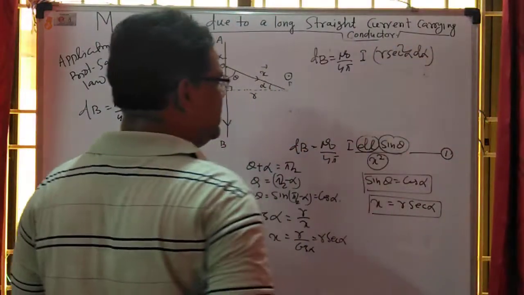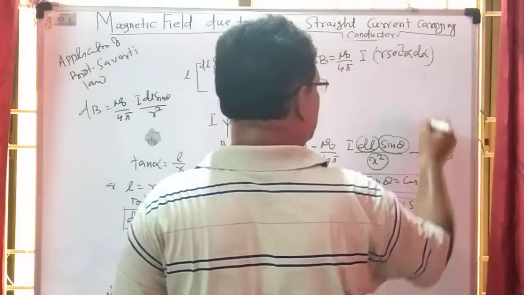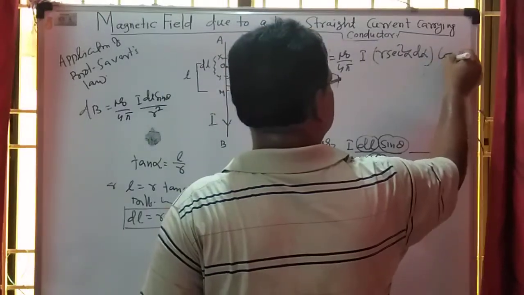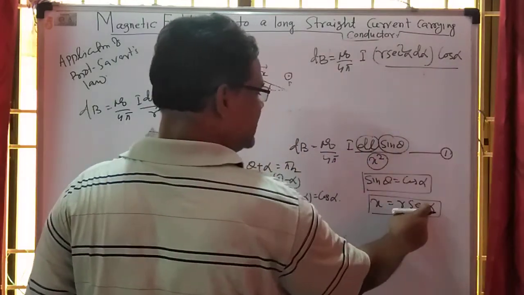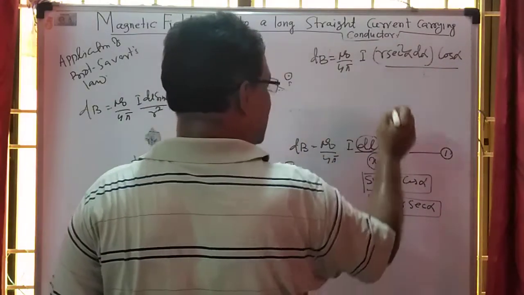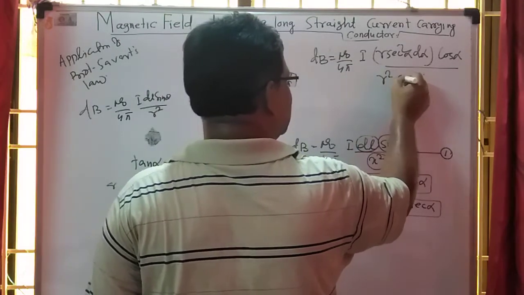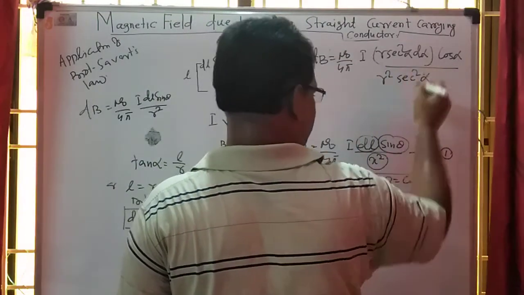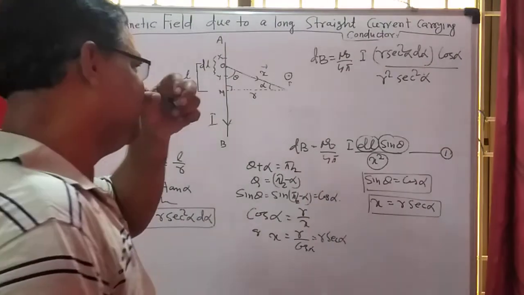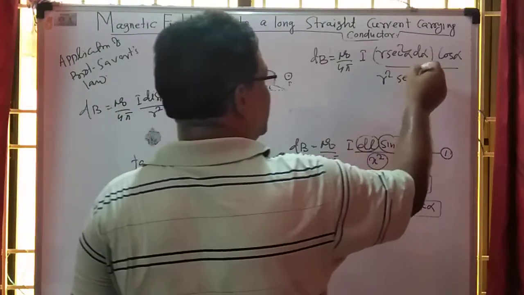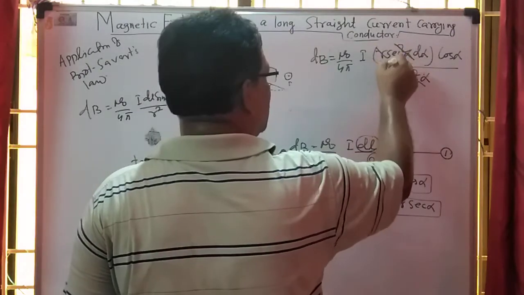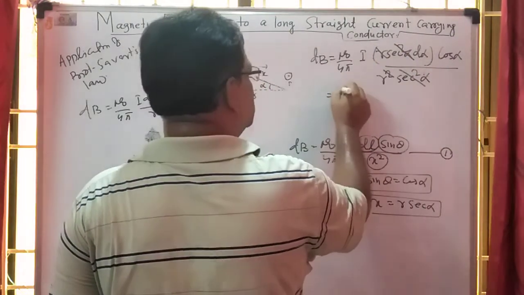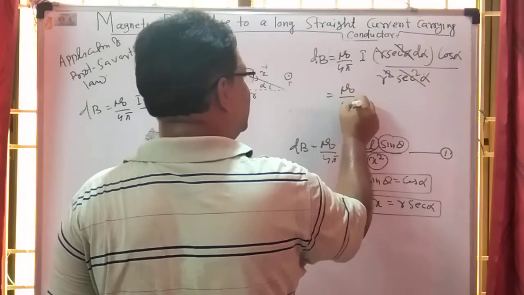Another, what is sin theta? Sin theta is equal to cos alpha. And what is x? X equals r sec alpha, so x square equals r square sec square alpha. You are getting all these terms in reduced form. So what you are finding is that this sec square alpha is cancelled, one r is cancelled, and this is reduced to mu naught upon 4 pi